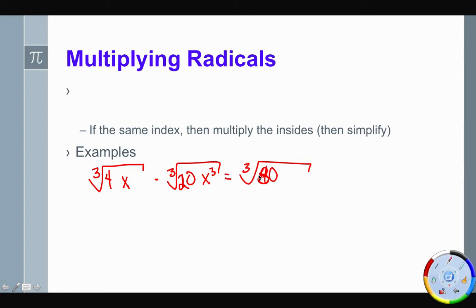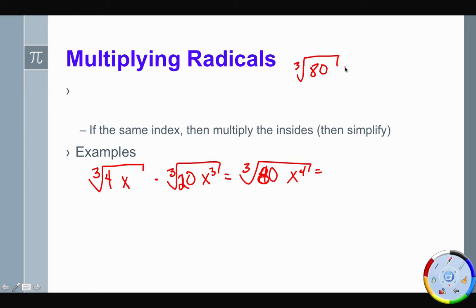Couldn't do it if we didn't have the right numbers. All right, so now we get 80x to the fourth because we have x to the third times x, which gets x to the fourth. All right, so we need to take the cube root of 80. So I need to know what is a cube